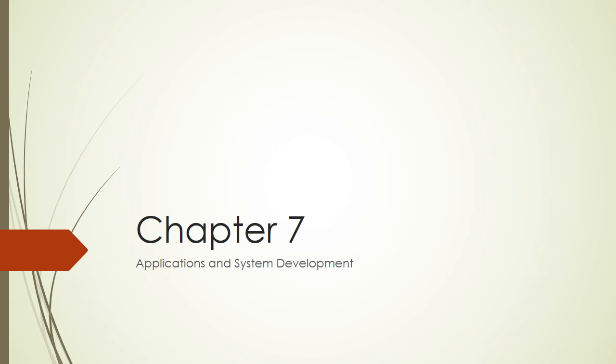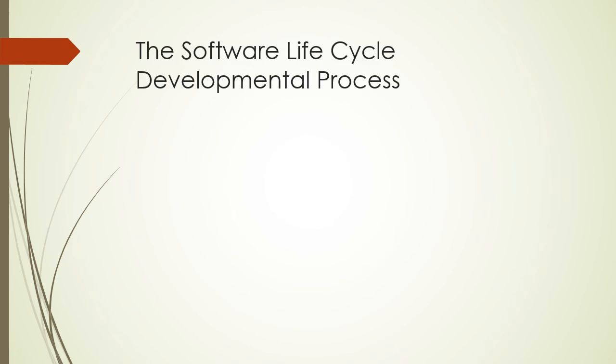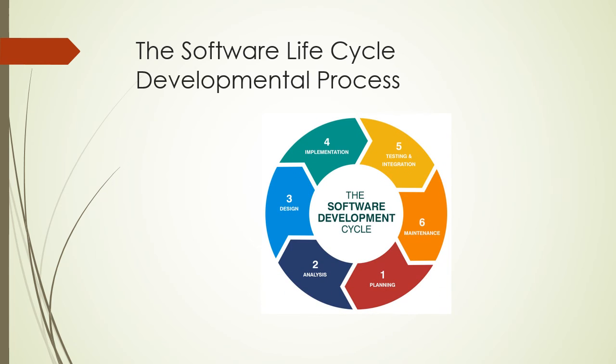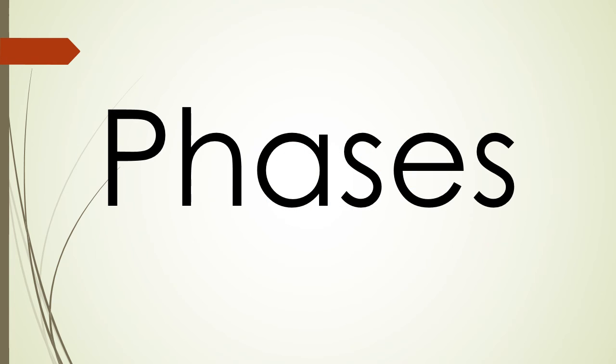My topic is application and system development. The first part is the software development lifecycle process. It consists of 6 items, starting from planning, analysis, design, implementation, testing and integration, and maintenance. The phases are